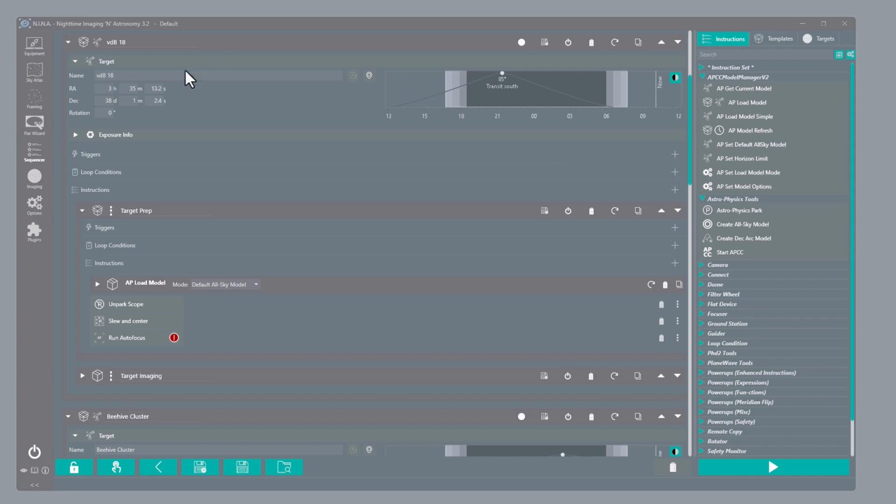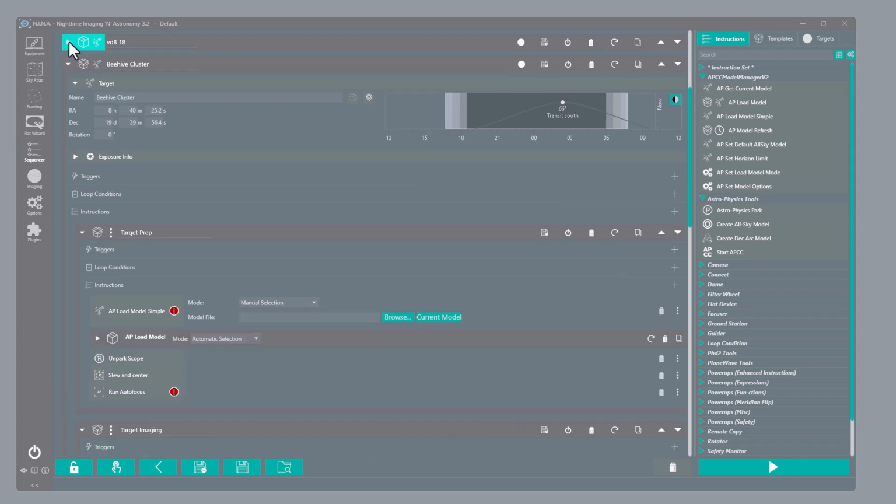So I'm going to scroll back up and let's collapse this. And now we're going to move on to the Beehive cluster. This is the next target. So this is one that's more of a deck arc model type of example here. I don't know why this is in there, but